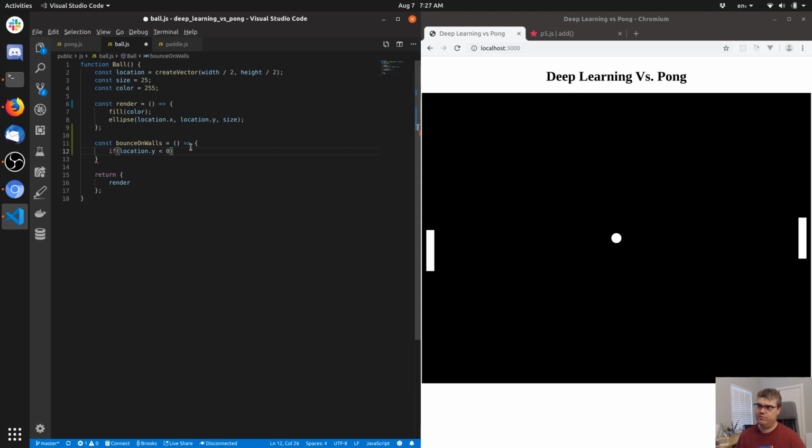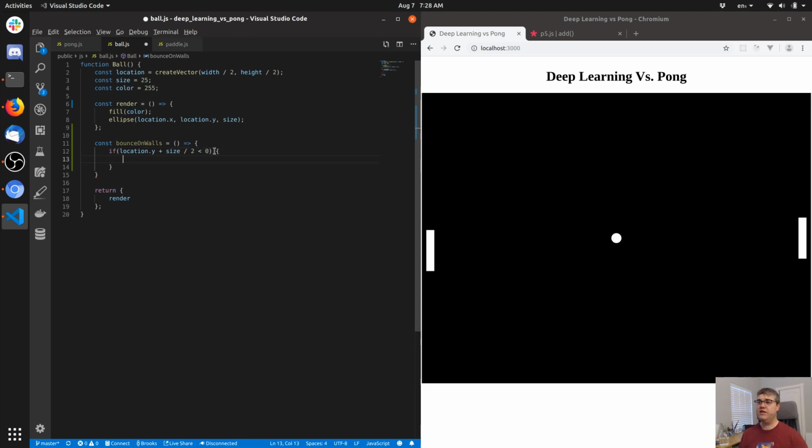So if location.y plus the size divided by 2, unless of course the size is radius, then it's just size. If we bounce here, then I'm going to have to use just size. Okay, location.y plus size divided by 2. If that's less than 0,